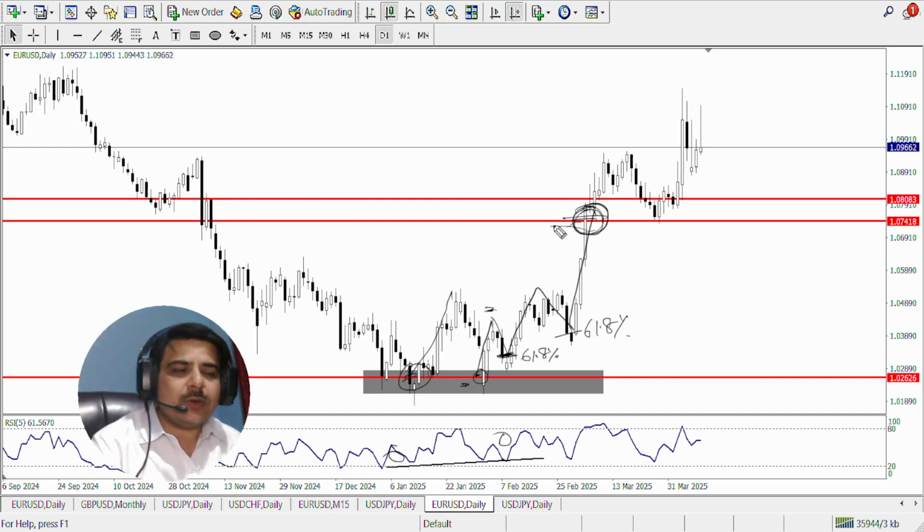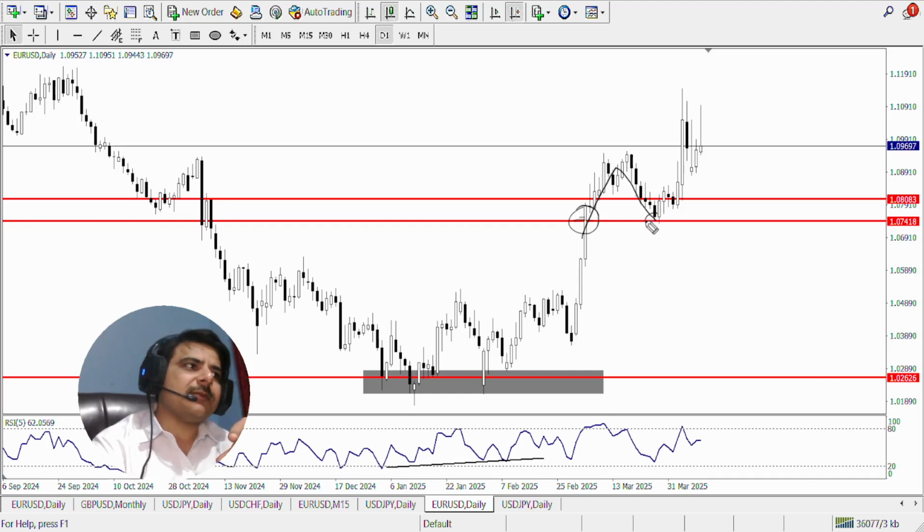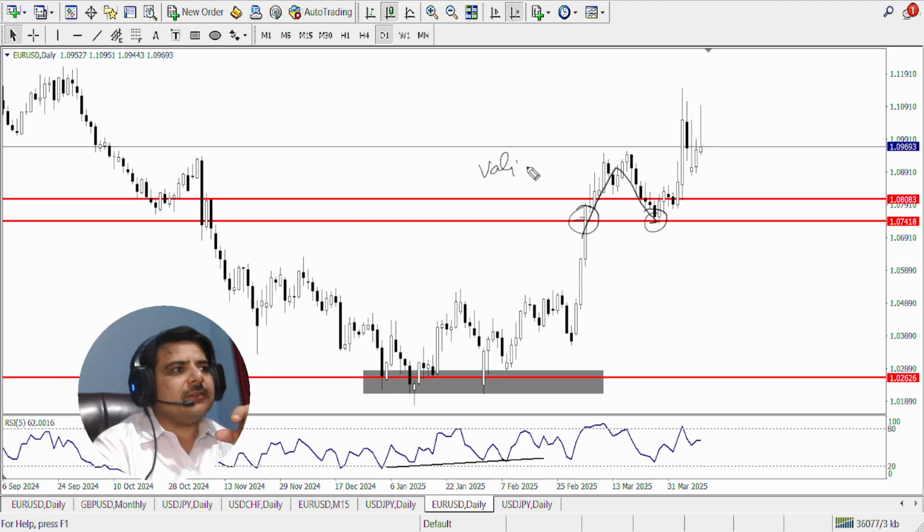So I waited for a proper setup, and what setup did I get? I was looking for a sell setup right here, but I also said that whenever price breaks my level, it has to come back down to that level and test it if it is a valid breakout, right? So let's say if it continued back down, we would say this is not a valid one, but what it did is it continued back up.